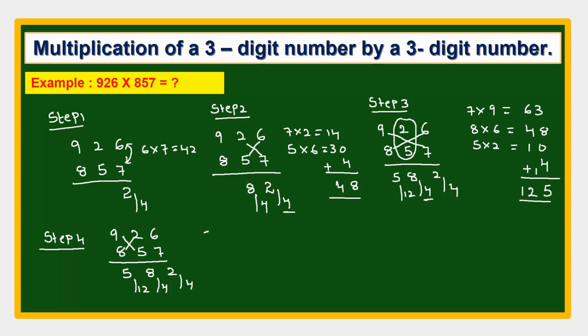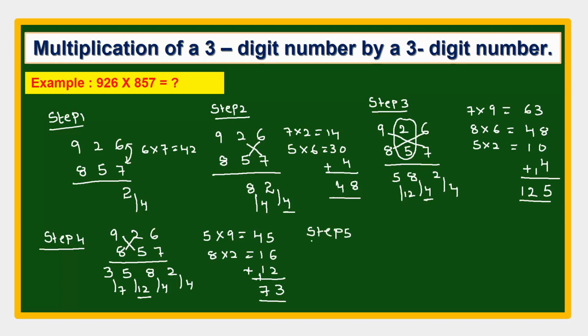It means 5 into 9, 45, 8 into 2, 16, and carry forward 12 also we have to add here. Right. 5 plus 6, 11, 11 plus 2, 13, 3 here, 1 here. 1 plus 1 plus 1, 3, 3 plus 4, 7. 73. So write 3 here and carry forward 7 here. And next